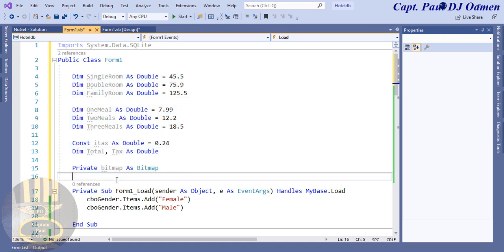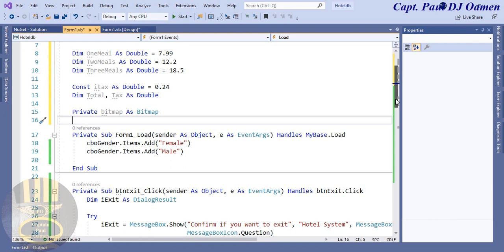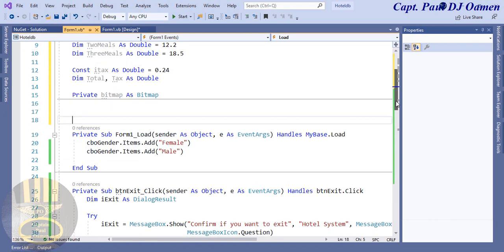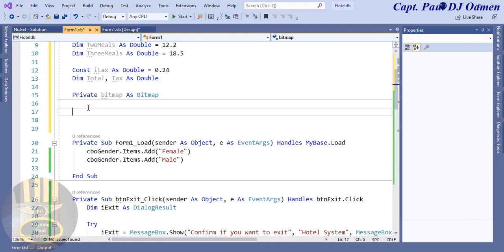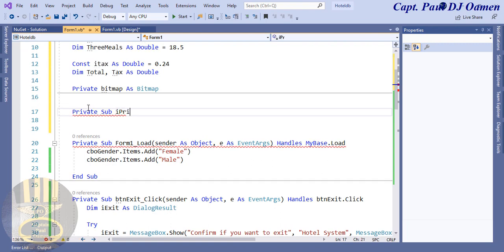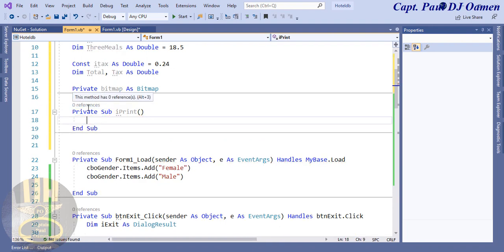Now, right underneath, just to make things easier for me, I'm going to create a private function that I will use for my print. Most of my functions will be right there. Let's say private sub I print. That's what I'm going to call that. So let's come right down here, just copy and paste. Private function I print, you can call it whatever you like. Press enter. So right inside I print, let's create my